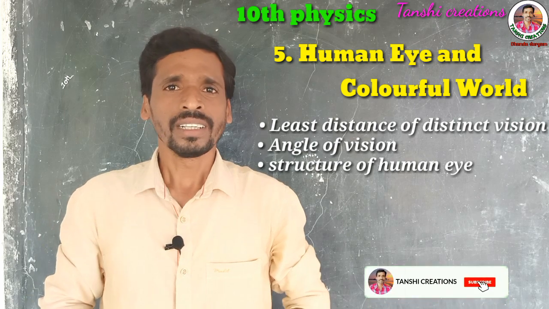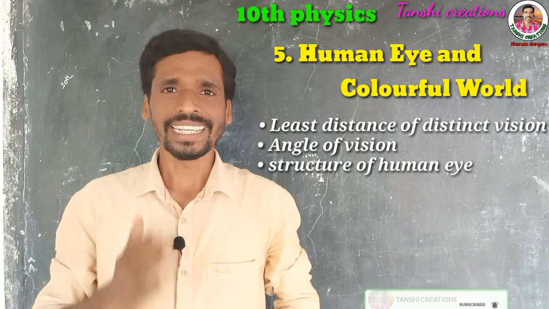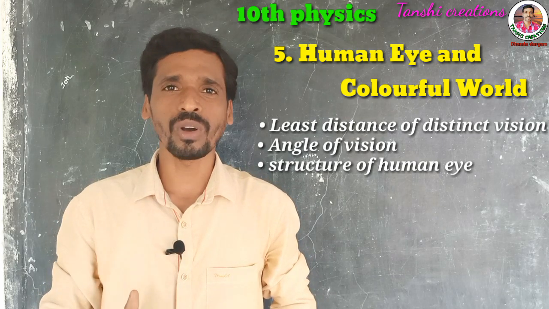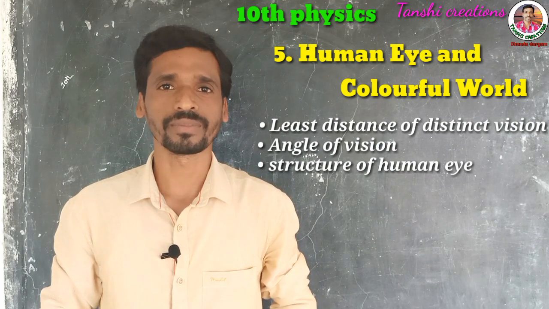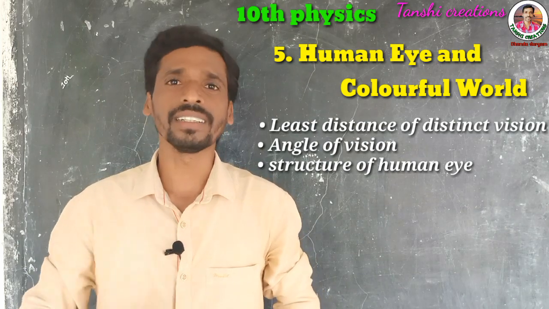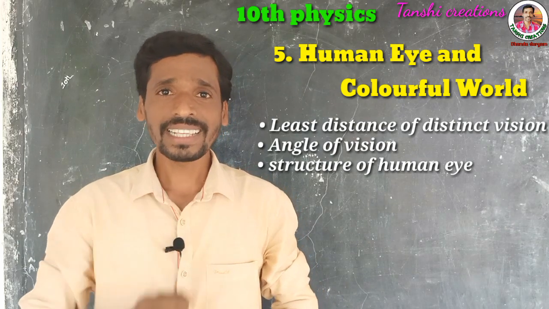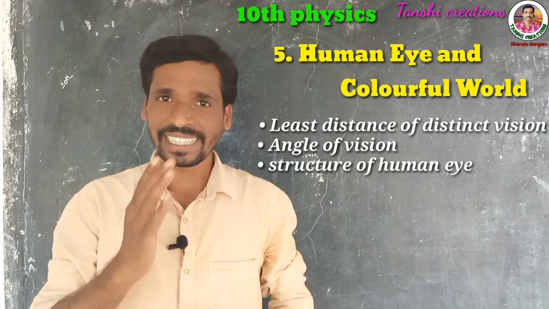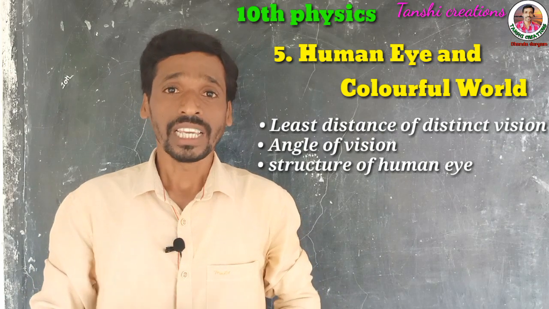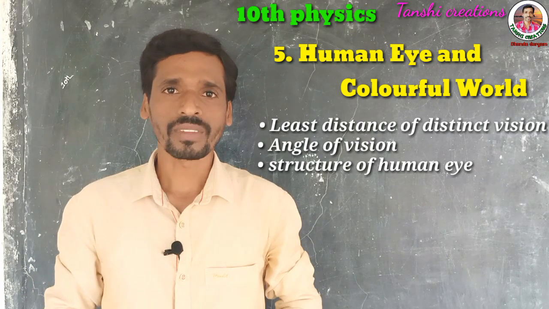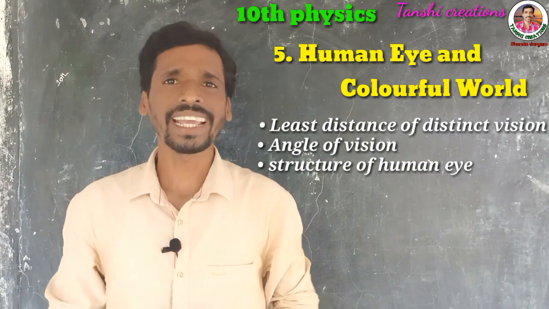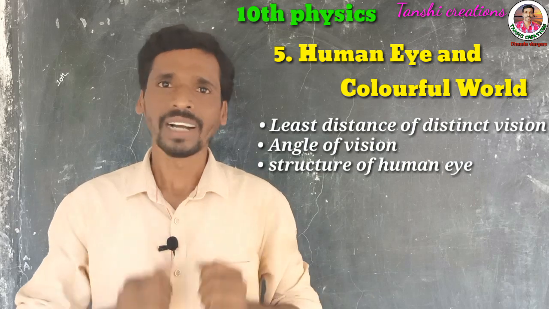Already you learned about sense organs in the previous class in the biological science subject. The human eye is also a very important sense organ. Already you know how important the eye is in our daily life. If our eyes are healthy, we see all the colors and all the things. If our eyes are damaged, we won't see any color or any things. That's why we take special care of our eyes.